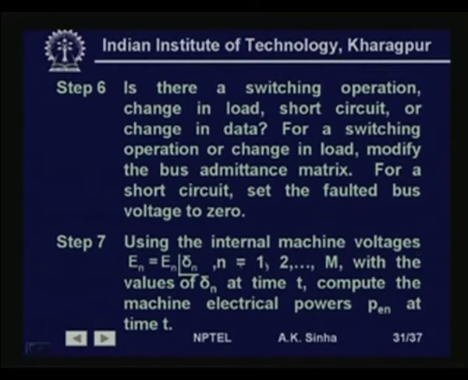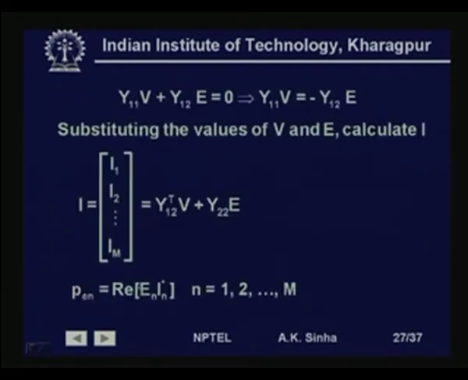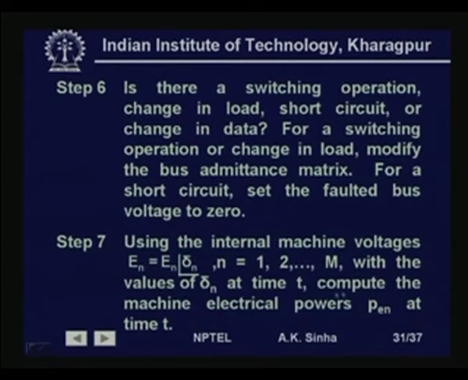Using the internal machine voltages, E n equal to E n angle delta n for n equal to 1 to m, with the values of delta n at time t, compute the machine electrical powers P n at time t. That is, we have already seen how we can calculate the machine powers. Machine powers can be calculated using this, because I n is known, E n is also known, and the angle delta is known. So, E n I n conjugate, we will use that to calculate the electrical power outputs of the machine